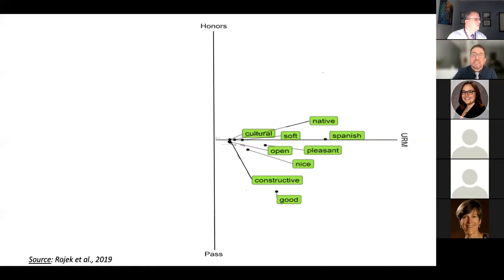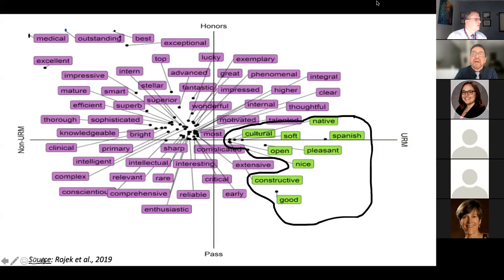Now let's look at the other side. So many, many, many more terms. What are you seeing here, besides many more terms? Superlatives again. So one of the lessons might be that across the board, we need to think about competency-based language rather than superlatives and personality-based language. Some of these get to competencies.